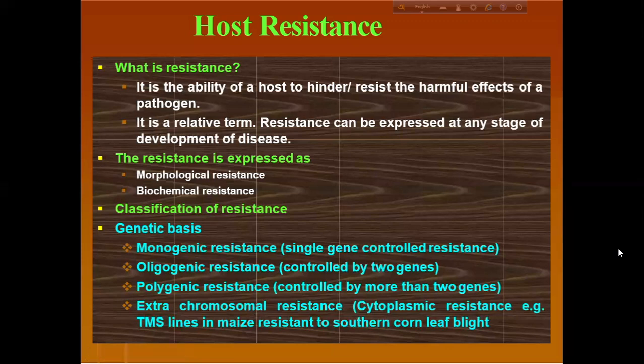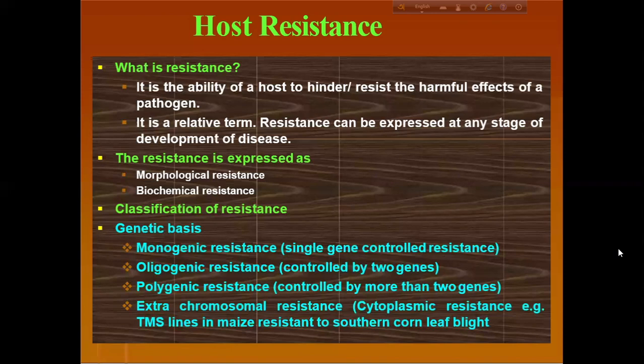Okay, today I will discuss another principle of plant disease management or plant disease control, that is host resistance. You know, when the plant is exposed to the natural environment, the plant might suffer from a number of diseases. If we cannot avoid the pathogen, if we cannot exclude or protect, or we cannot eradicate the pathogen, then still we see that the plant is not suffering from disease. Then we call it a resistant